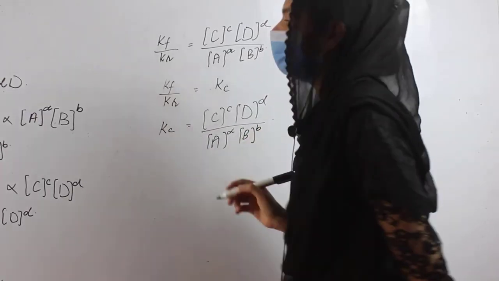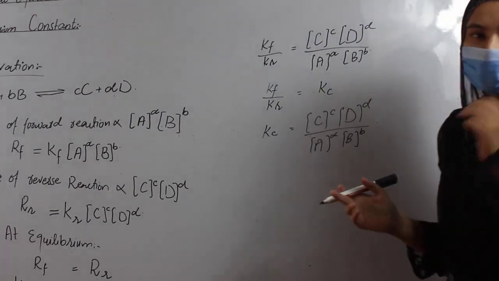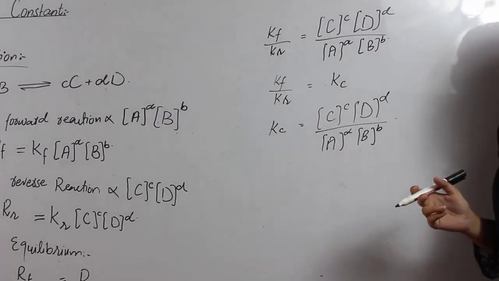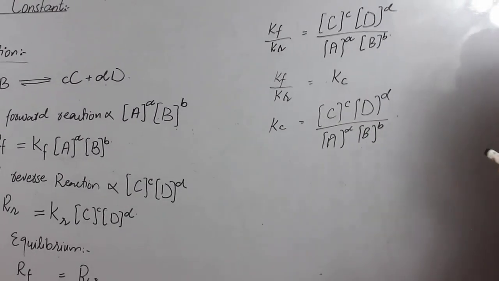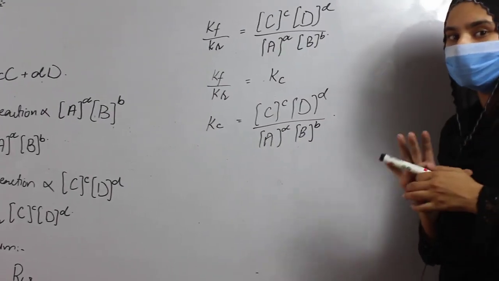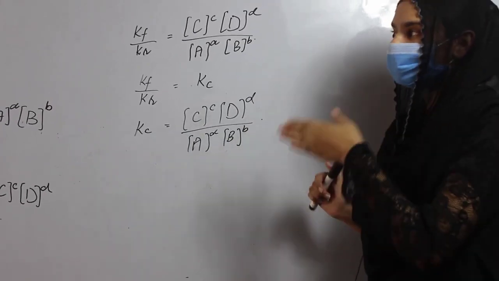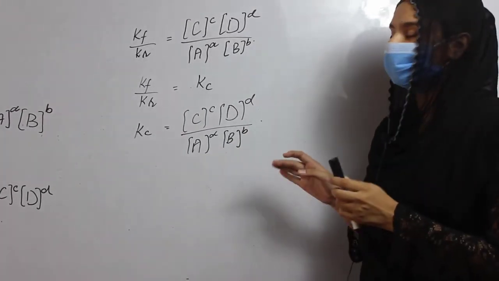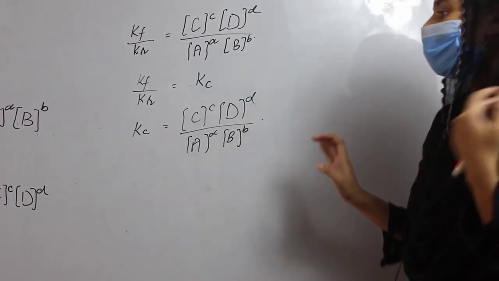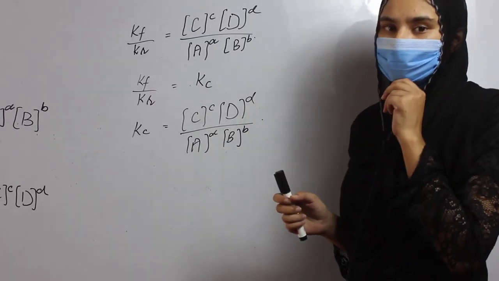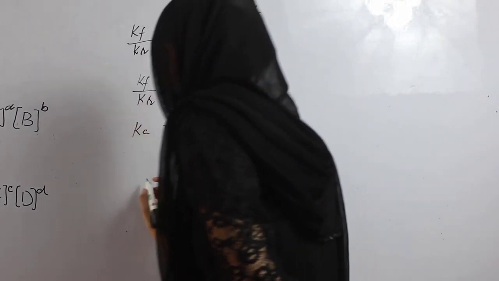This expression is the same as the law of mass action expression, but the new and different thing is only the coefficients. In the case of the law of mass action, we just deal with the reactants and products, but in the case of the equilibrium constant expression, we deal with their number of moles with the reactants and products, but they have the same expression as the law of mass action. Now we are doing some examples. The first example is that